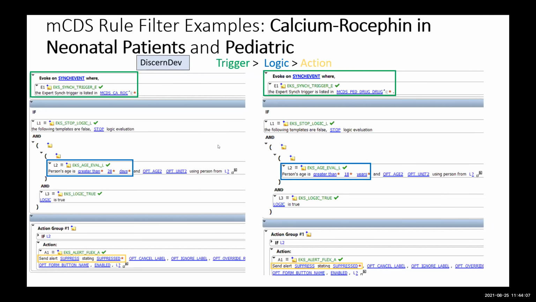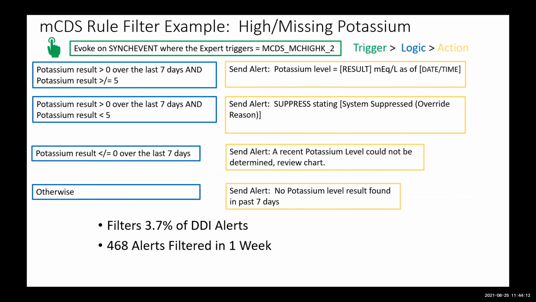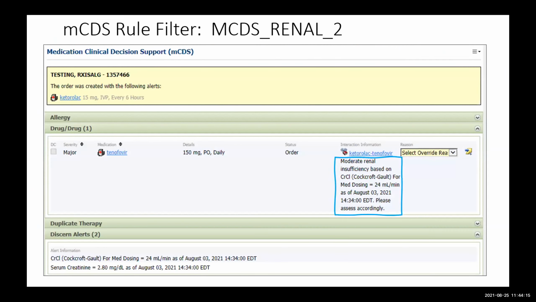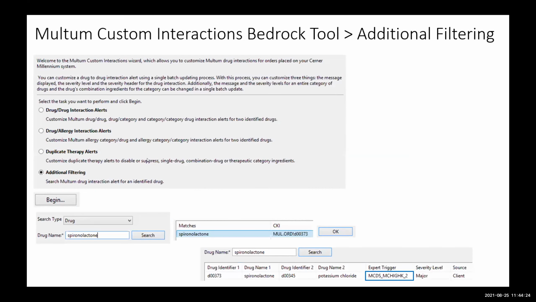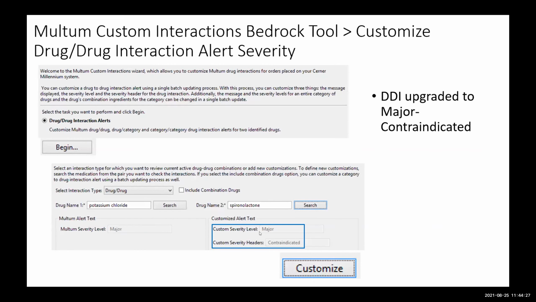So the individual asked that question. Let us know if that didn't answer it. We'll come back to it. There's another comment about changing the severity of alerts and understanding that once it's changed, the content won't be updated in the Multum update. Do you have any comments on that, Dave? Experience with that? If you change those alert severities, how do new updates from Multum affect what you've done in the past? Right. What we sometimes see is if we upgrade an alert, we tend to see that over time,